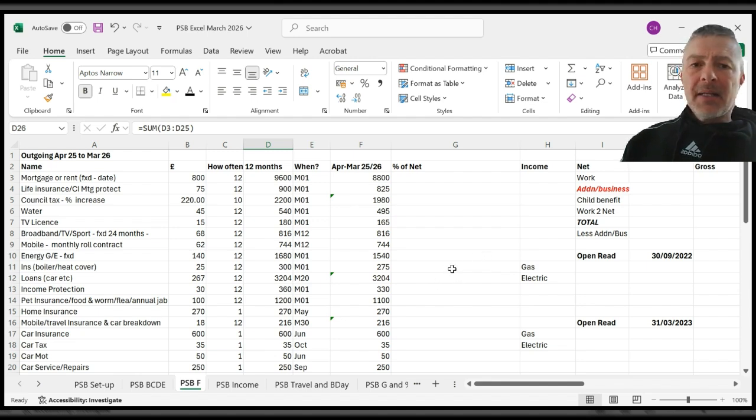So I've done this and updated it and done a new spreadsheet. Obviously, what we're going to move to is having one spreadsheet, but I've just got these different tabs at the bottom. So the next part of this, we're going to skip G at the moment. We're going to come back to that, because I don't really want to complete G until I've got some more information. So we've done all the